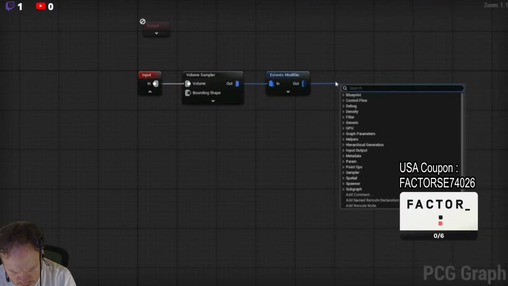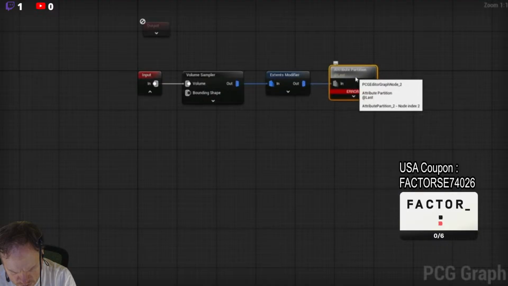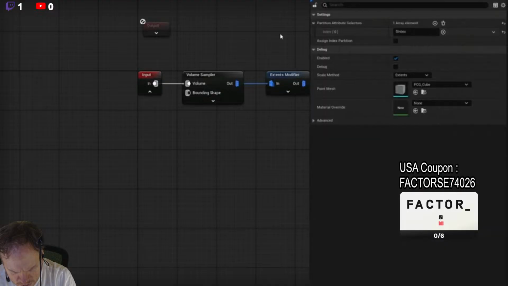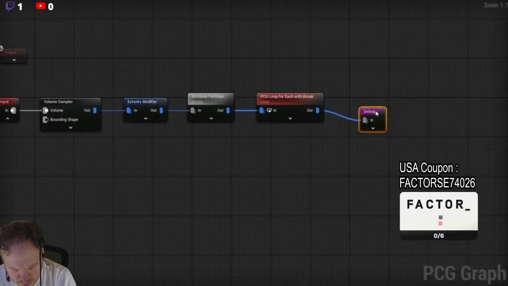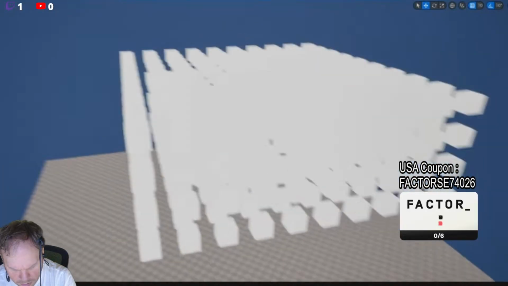Back in our base graph, what we need to use is an attribute partition because we want to partition all the points and split it up so it actually does all of them in the loop. We're going to partition them by index so it does every single one as it goes through. Then I'm going to right click and search for loop, and I'll pipe in the loop that we have created right in here and plug that all the way through. And at the end here, I'll drag out and search for debug, and that goes ahead and debugs the points that are coming out at the end. And if we take a look, you can see we have all of our points making it all the way to